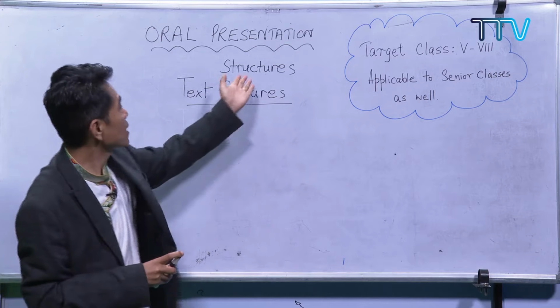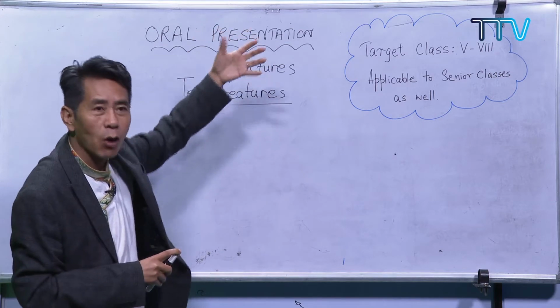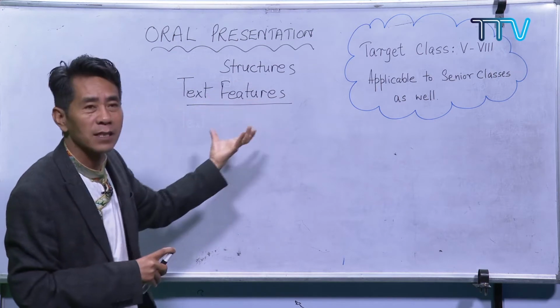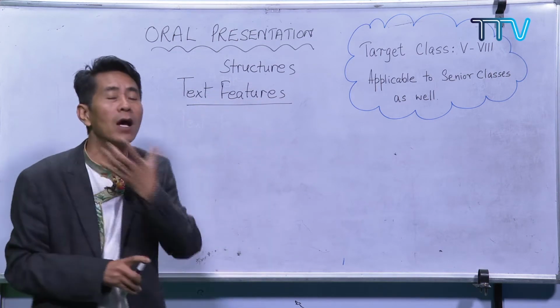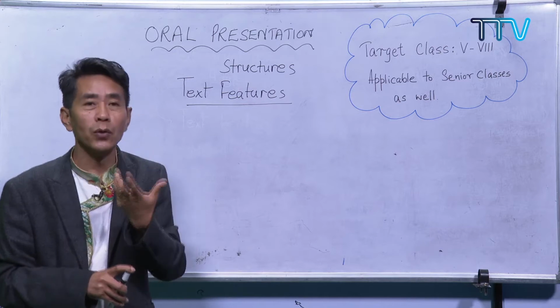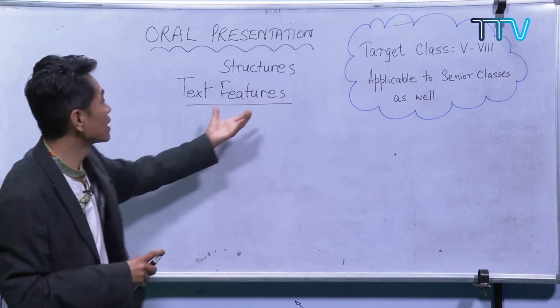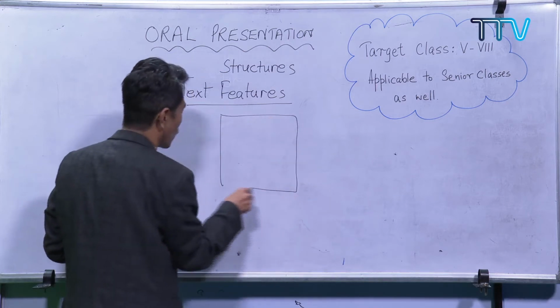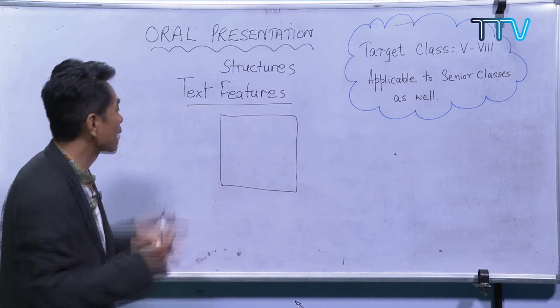Text structures are how the text is organized by the writer, and text features are the different features. I gave you an example of the face, nose and ears, which are all different features. So when you come across one text, for example a textbook or reference book,